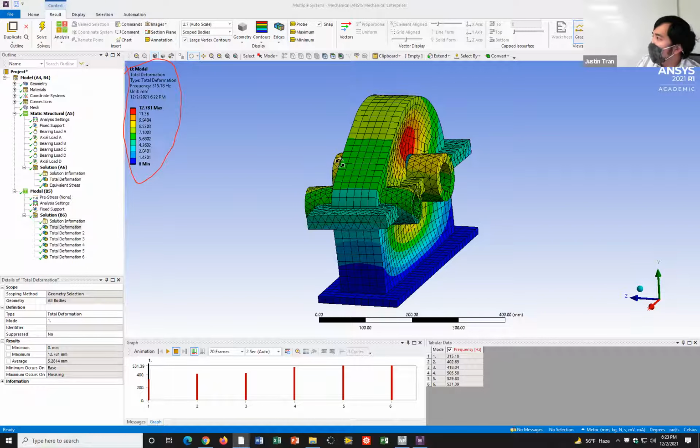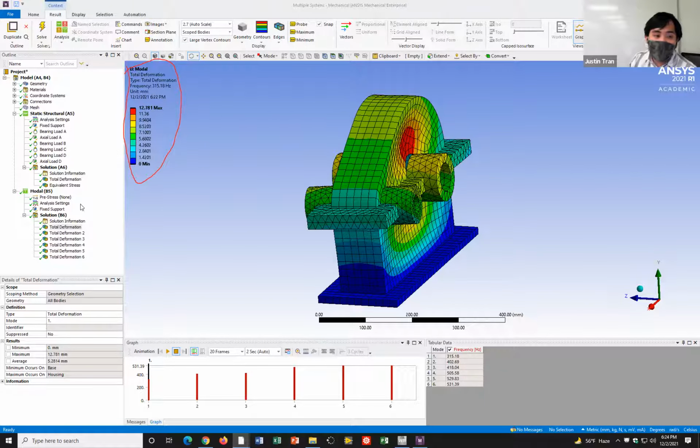What I mean by that is that these are not the true magnitudes of the deformation. The only reason these graphs are colored the way they are is to illustrate the shape of the resonance to you. But the actual values of the deformation hold no meaning at all. The reason is that we haven't applied any kind of loading yet, so we don't have any gears rotating on the inside that are applying vibrations. So there's no way for this number to be physical.